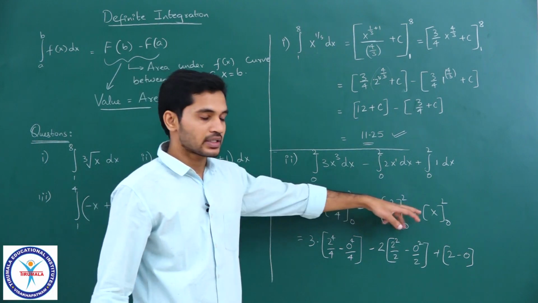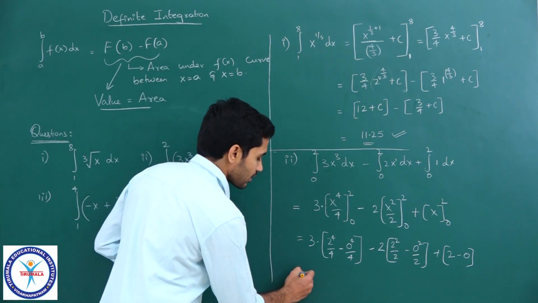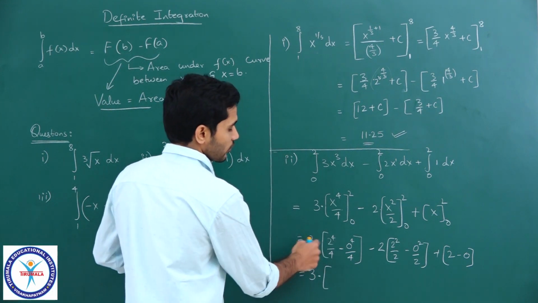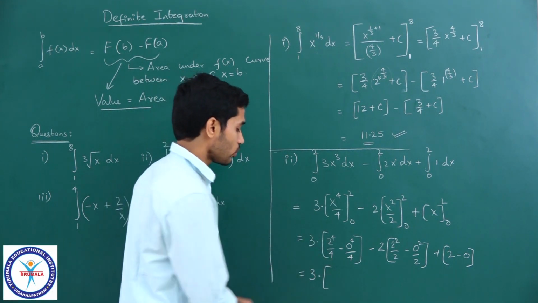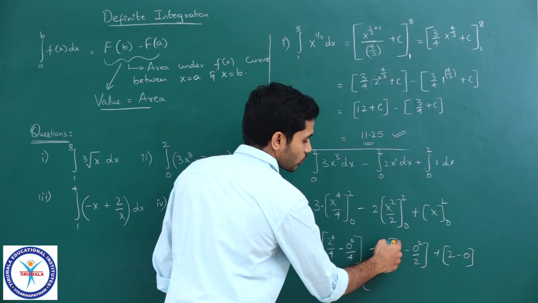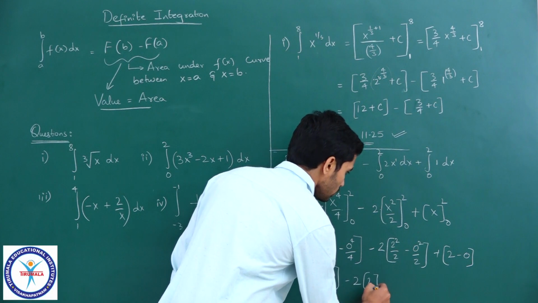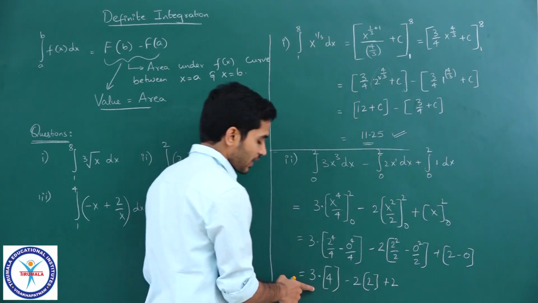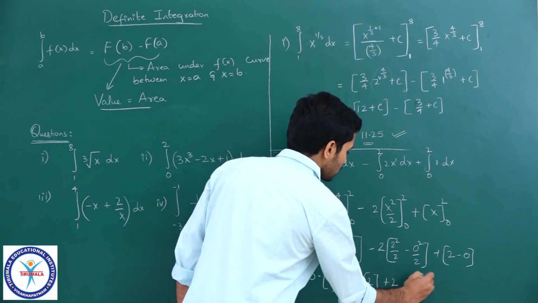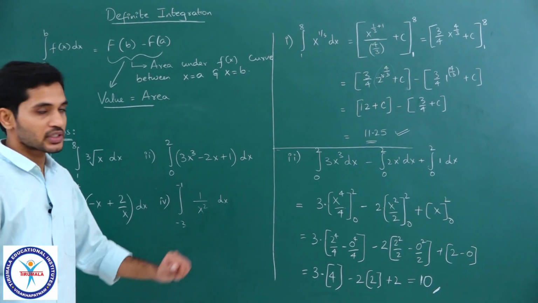So, once you perform the integration, rest is just substitutions and finding the difference. So, calculate this, what do we get? 3 into 2 power 4 by 4, 16 by 4 is 4, minus 2 into 2 square by 2 is 2, this is 0. So, 2 and that is also 2. So, what is the final answer? 12 minus 4, 8 plus 2, 10. So, that should be the answer, clear. Okay, note this down, we will solve the next 2 questions later.